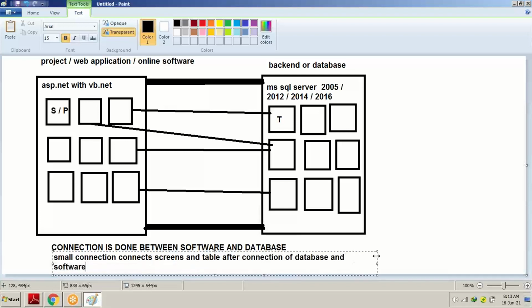It means the big connection is done first, between the project, the software and the database, and the small connections are done between the screens and tables after the connection of database and software.